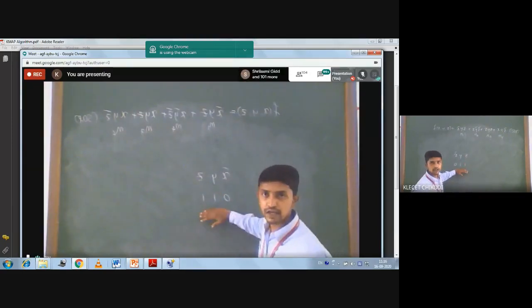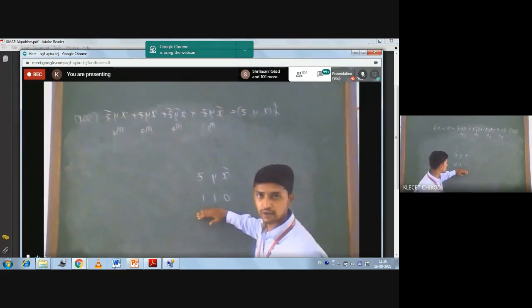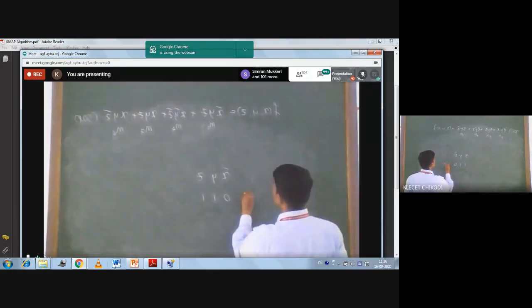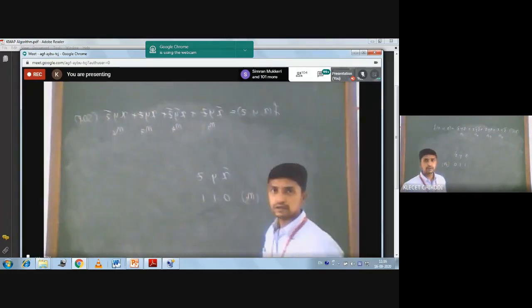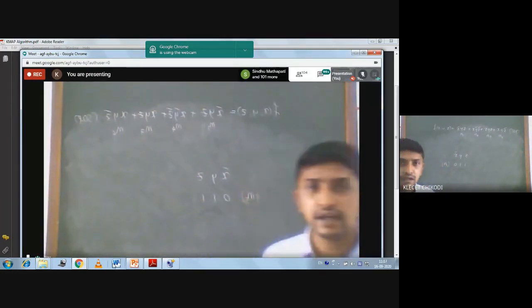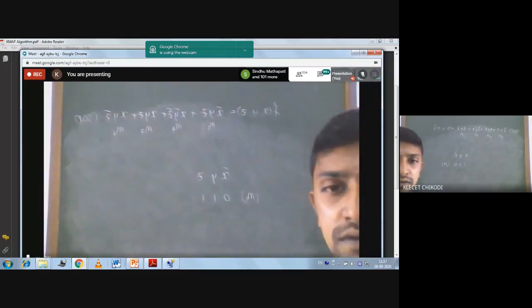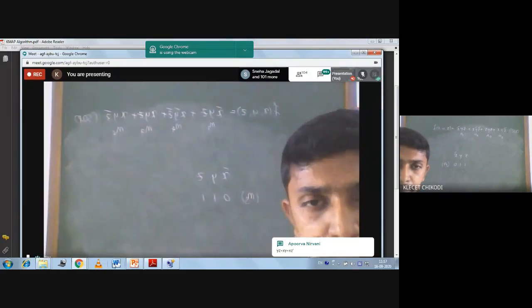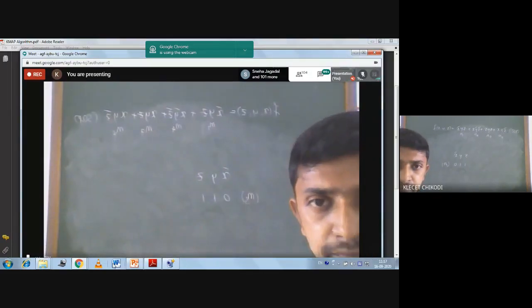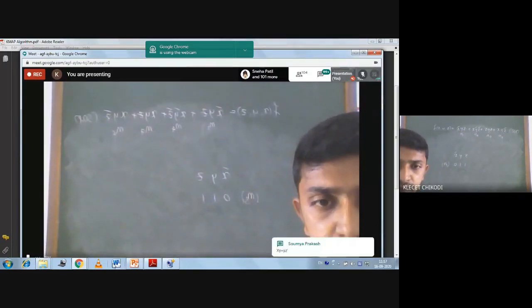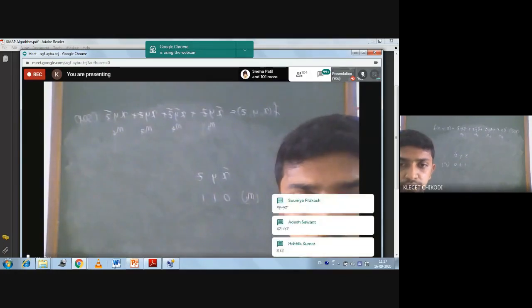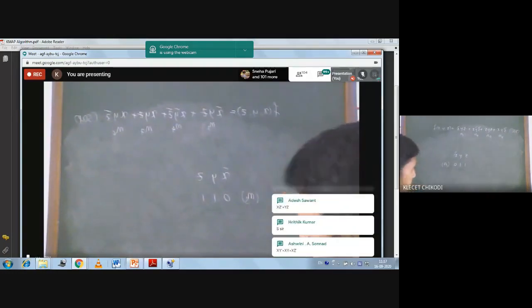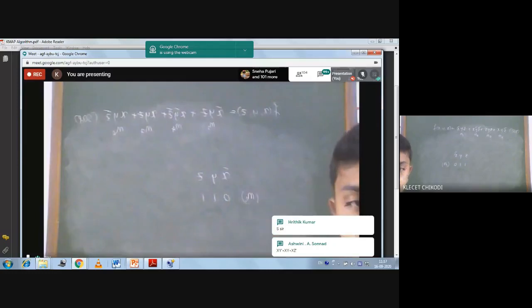So for the given truth table, 0, 1, 1 represents M3, right? Is it clear? Fine. So like that you have to find out the min terms there.